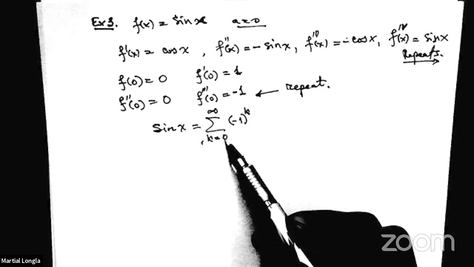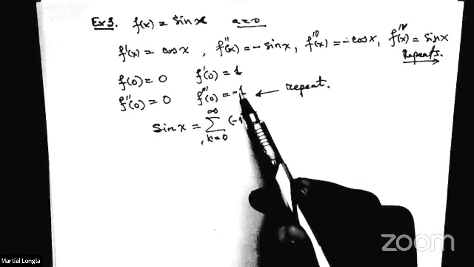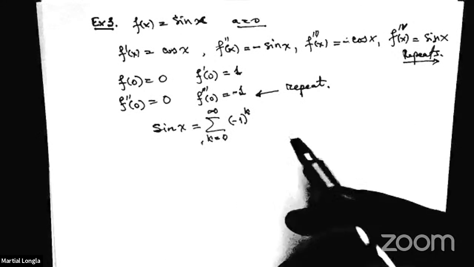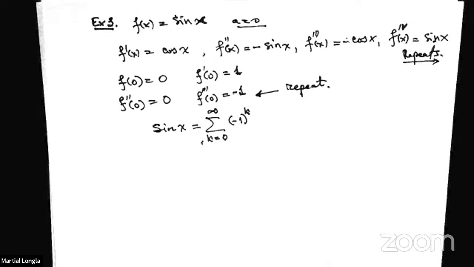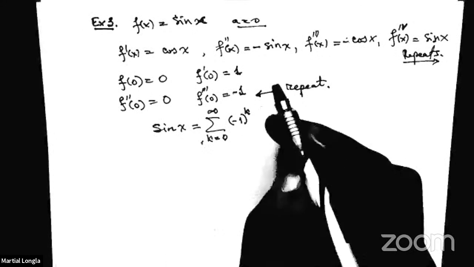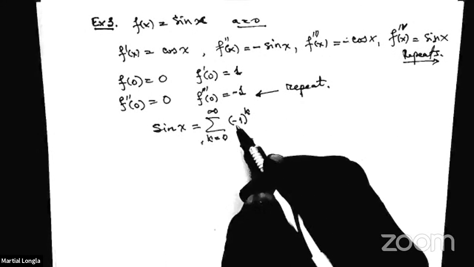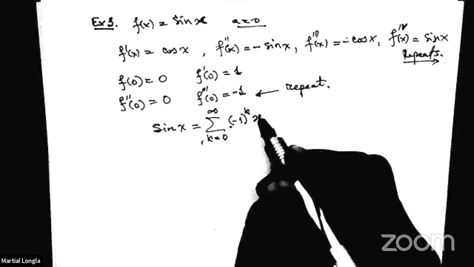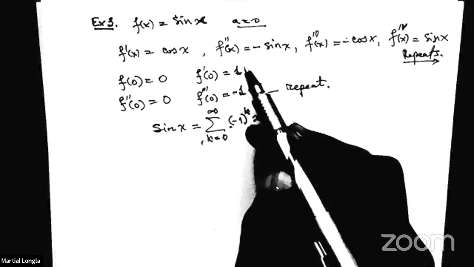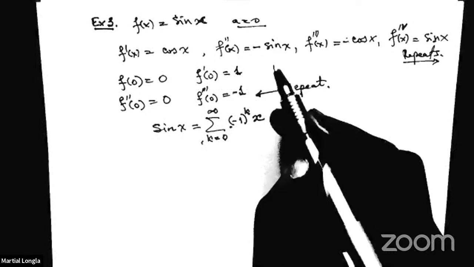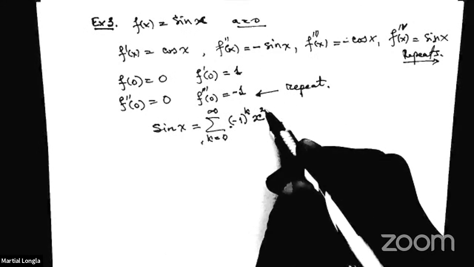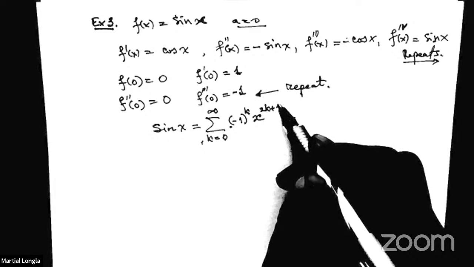For the second term, when k is 1, that will be minus 1. So we match it. And then it continues 1, minus 1, 1, minus 1. And then that'll be x to the power, and here you're going to get 2k plus 1